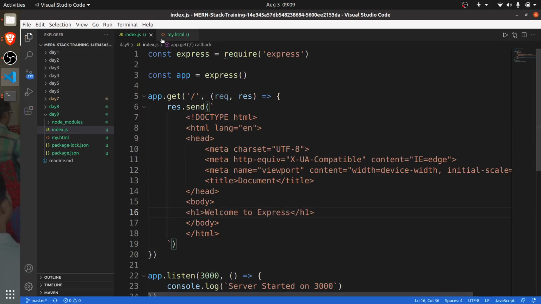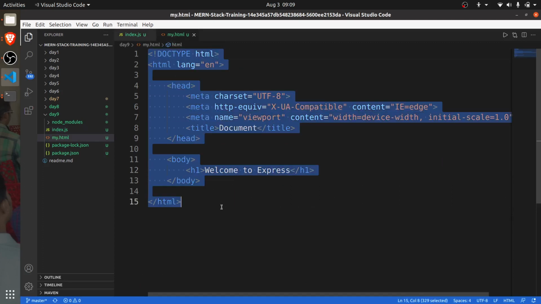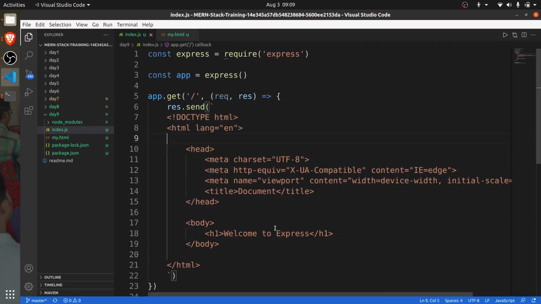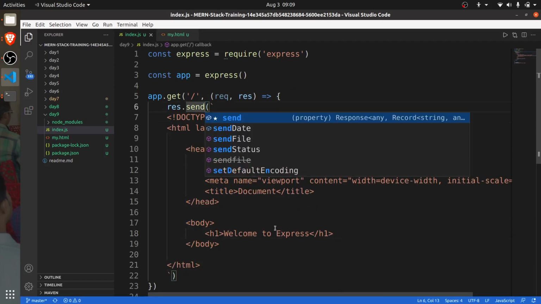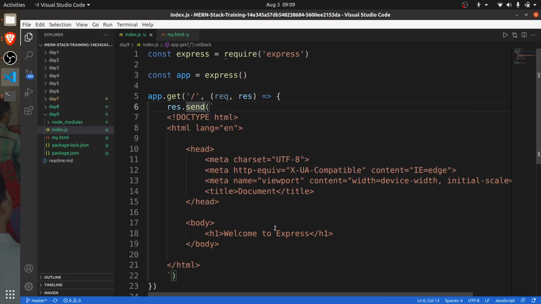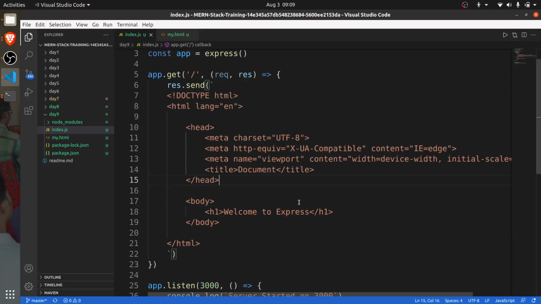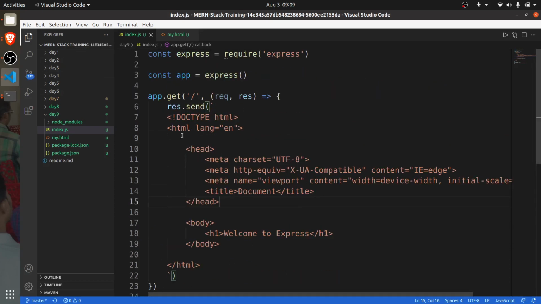Let me paste it again, the indented one. h1 Express, like that.